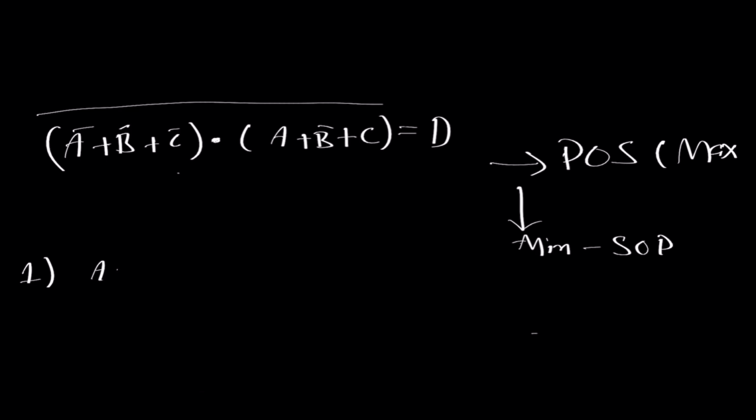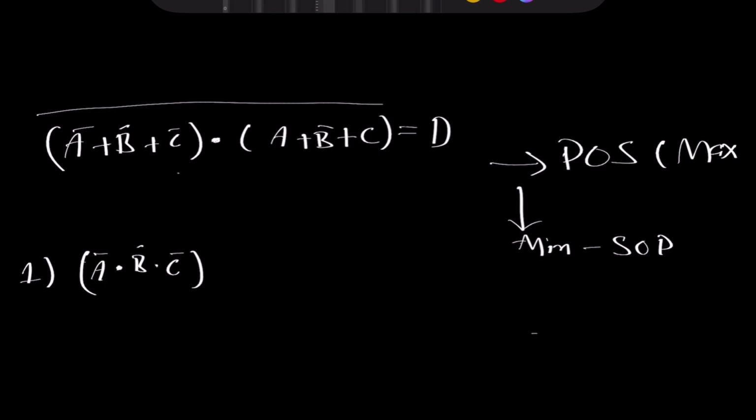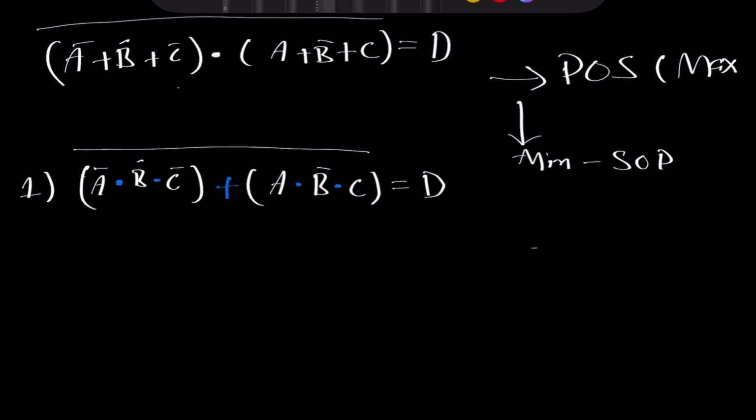Okay, so let's do A naught with B naught and AND it with C naught. Now this AND gate will become an OR gate. This will become an OR gate too. We change that also. And now these gates, A previously was an OR gate, now it becomes an AND gate. B short over bar, previously it was OR, now it will be ANDed with C, and that was all over bar, the entire function over bar equal to D, the output D. So the blue is determining step 1 because we are changing AND gates to OR gates and OR